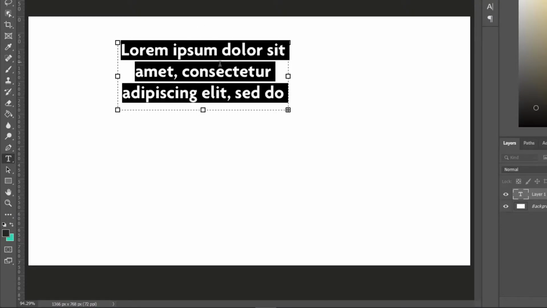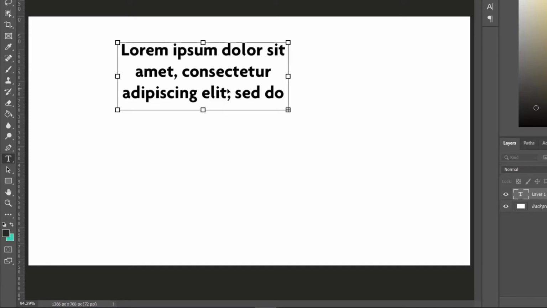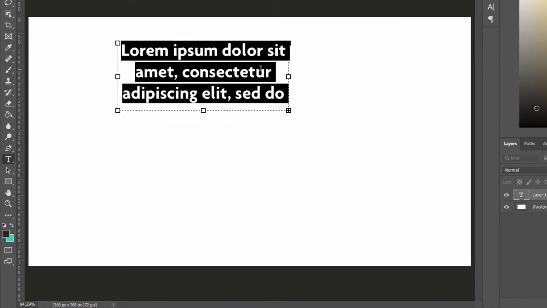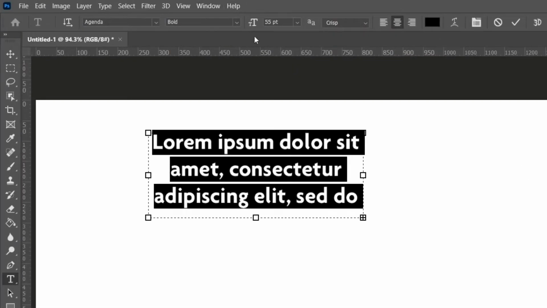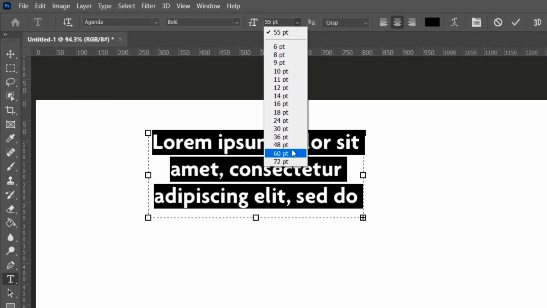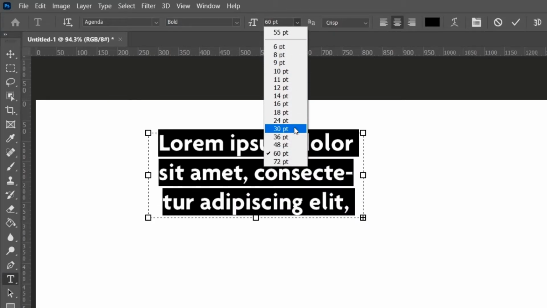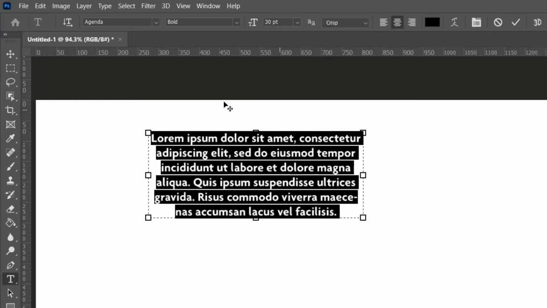Now there are two ways to reduce the font size. First, you select all your text with Control plus A, or Command plus A if you're using a Mac. And you can go onto the options bar here with your type tool selected. And you can just go to your font size section, this 55 points here. That's the size of the font right now. And you can choose anything from the drop down. So if I want to increase it to 60 or if I want to decrease it to 30,